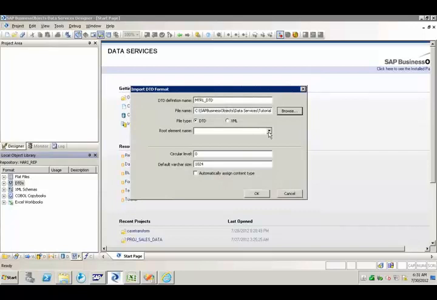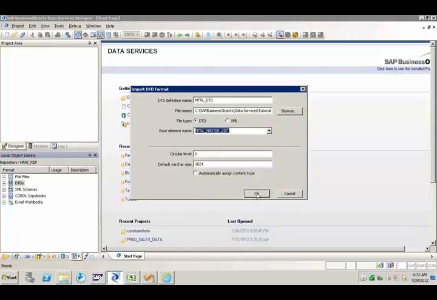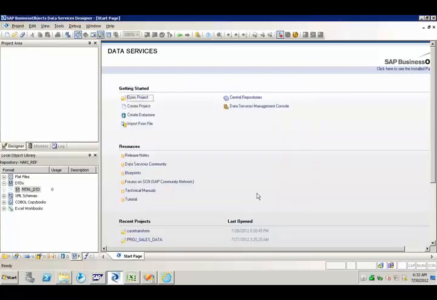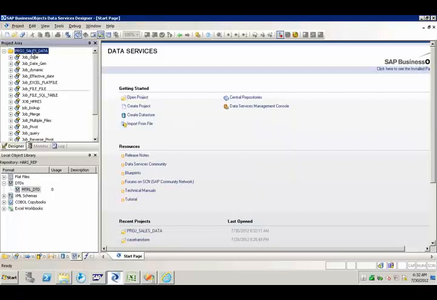Next one is the root element. I am selecting the root element as material_master_list, and I just click on OK. Now I open up a project, the project which we were using earlier.